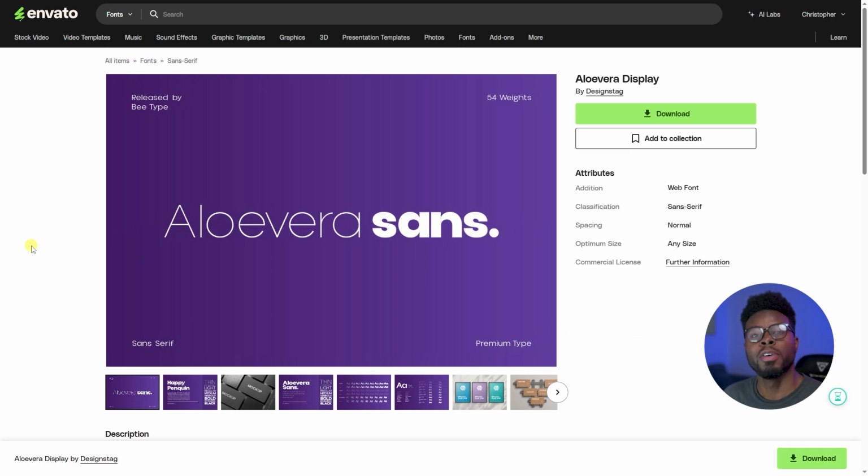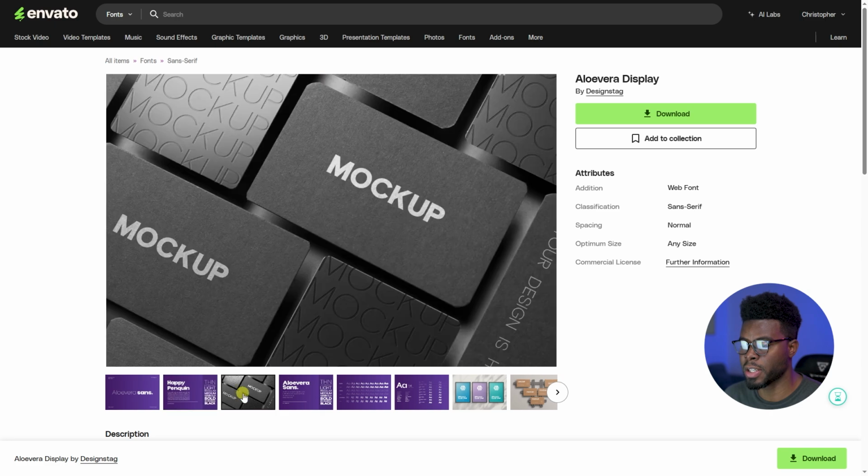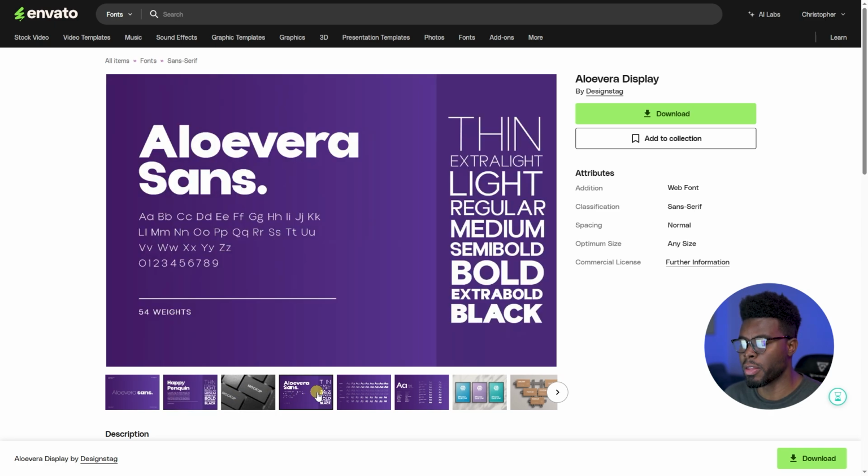Sans. Now, I love how simple this is. I love how to the point this is. There's not too much going on, and if you scroll across here on the previews, you can see all the different weights that you have. I like that I can just use this in replacement of something simple or generic on Windows like Times New Roman or Arial, right? I can just substitute it for Aloe Vera Sans,